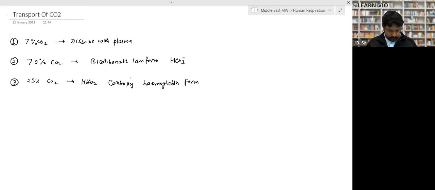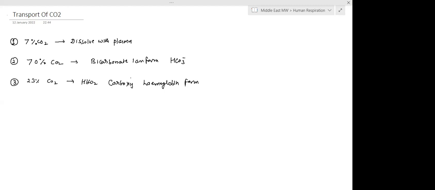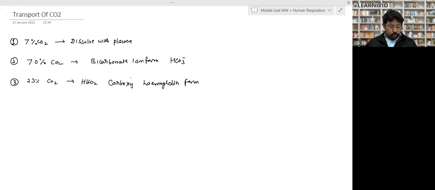Next point, the largest fraction of CO2, in bracket approximately 70%, is converted to bicarbonate ion in plasma. Full stop. When CO2 diffuses in RBC,